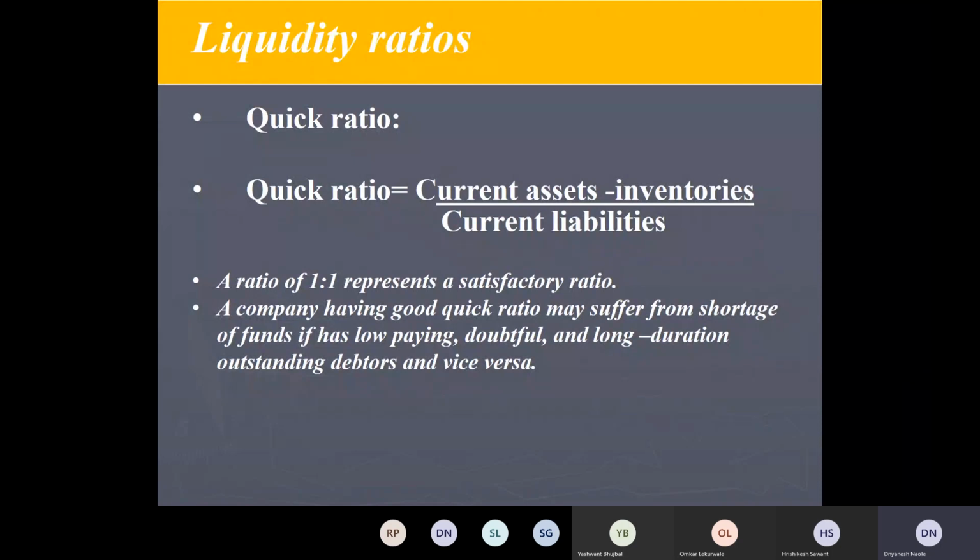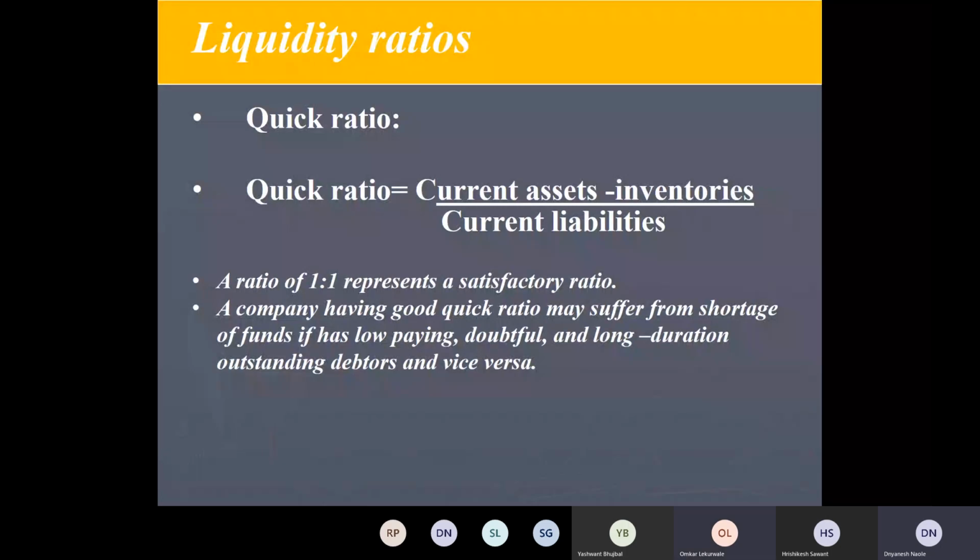Although they have been taken under current assets which are liquid type, their quality matters here. Okay, so these are just the indicators, but you also need to pay attention to other things like quality. Okay, so what was the name of the previous ratio we had seen? What was the ratio which we saw before this? Current ratio. Current ratio, okay, current assets upon current liabilities.